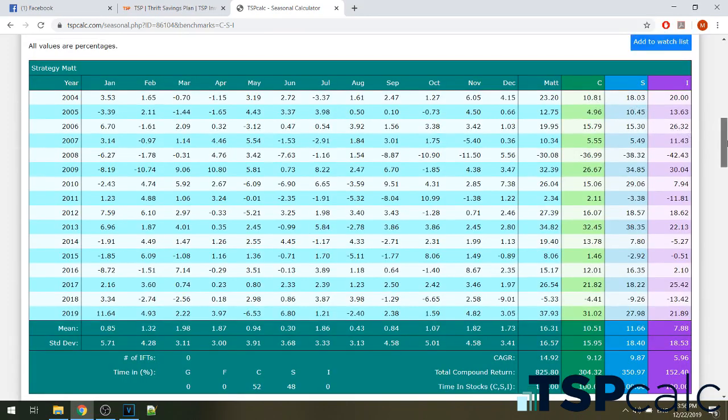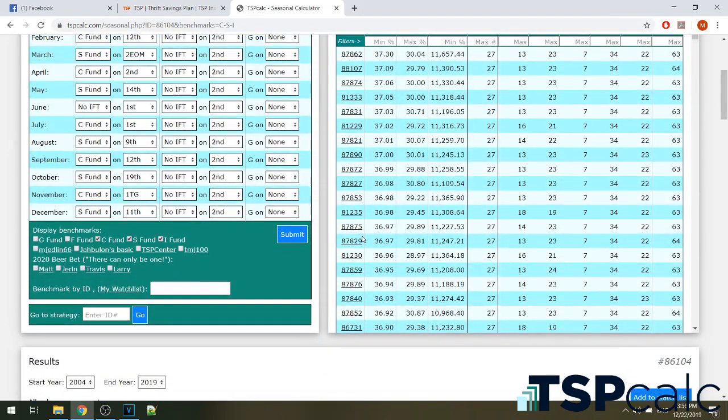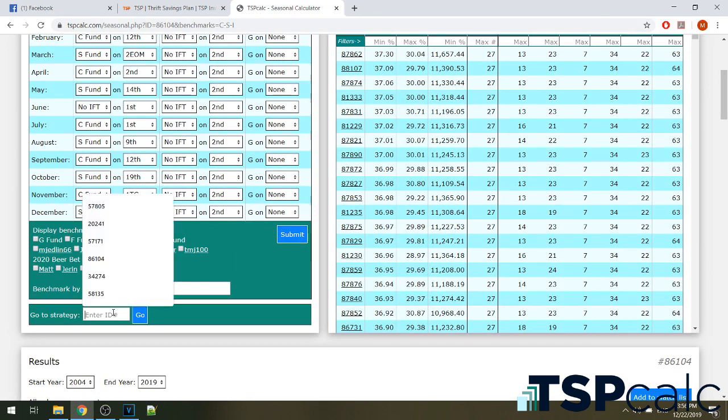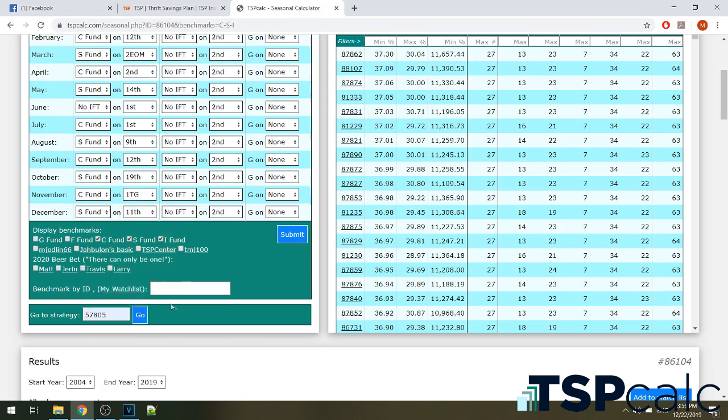Okay, you can also benchmark against other strategies. Here's one that used to be popular. Actually, let's use this. This was my 2019 pick. Okay, so I chose this strategy at the very end of 2018, and for the most part, this is what I followed in 2019. Personally, I'm sorry, that's the wrong spot. I want to benchmark by ID, so I'm going to type 57805 right in there. That was my 2019 pick. Click submit,